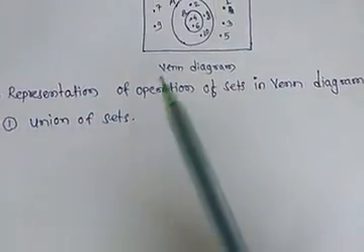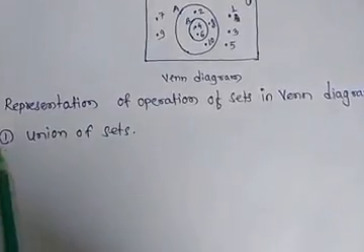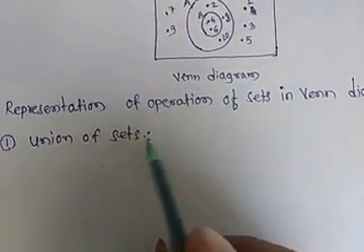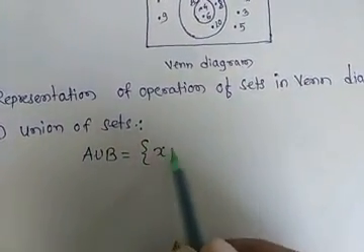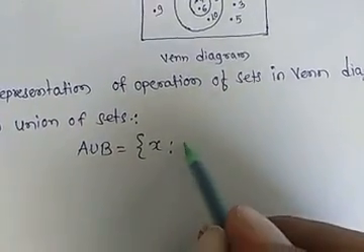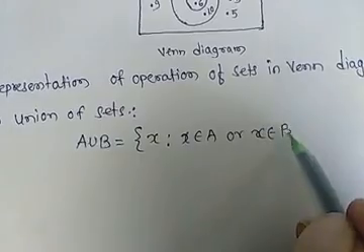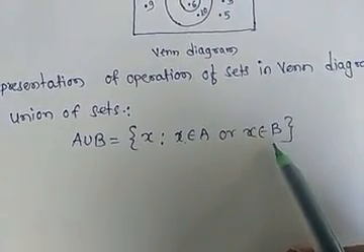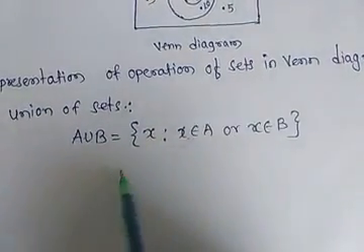Now we represent the operations of sets in Venn diagrams. In that, we first see the union of sets. Its mathematical definition is A union B is equal to the set of X such that X belongs to A or X belongs to B. It is our A union B. Now its diagrammatic representation will be